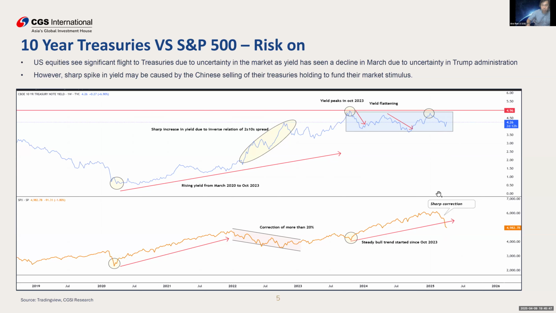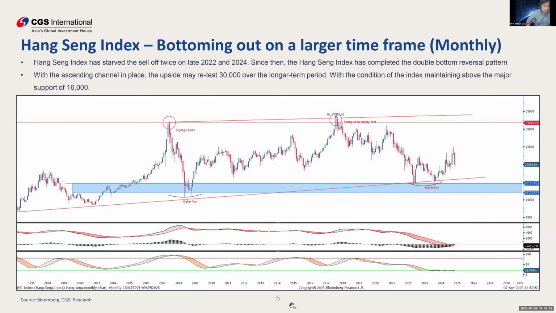So it brings me to my next point, that the Hang Seng Index may have already seen the bottom. This is a monthly chart ranging from 1999 all the way to recent time. Despite the correction, you can see evidently that we have higher highs and higher lows, and then we do see a climax, and then a spring supply test coming down and forming a double bottom. So if any correction, I think that 16,000 will be well supported, and then bring it up to the next one. Long term, I think that for the next maybe 3 to 5 years, we could see the Hang Seng Index coming back to the 30,000 level again.